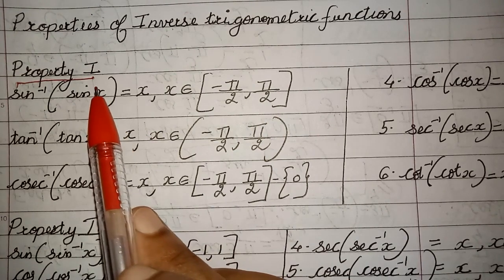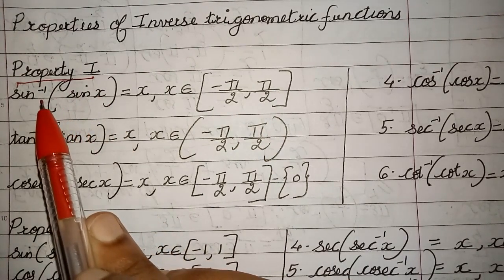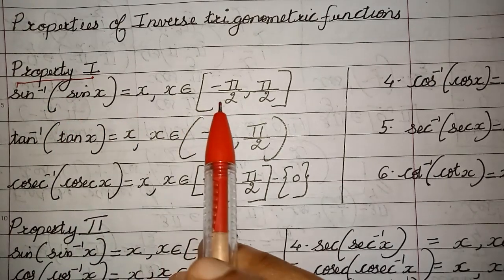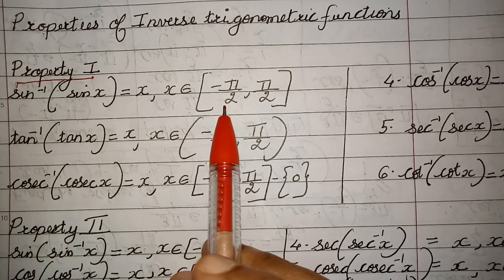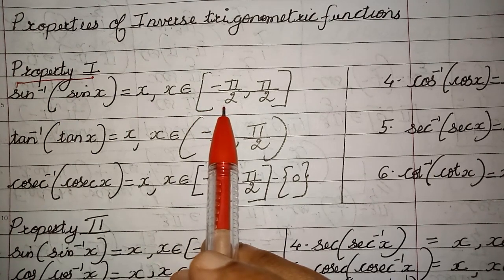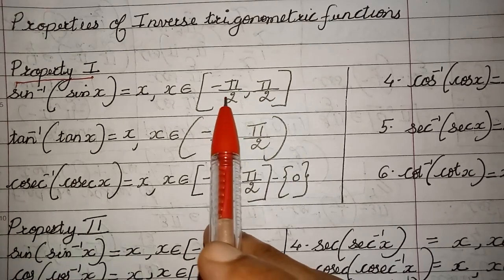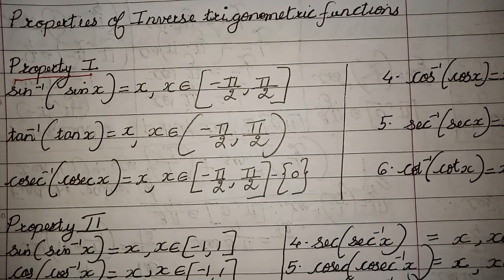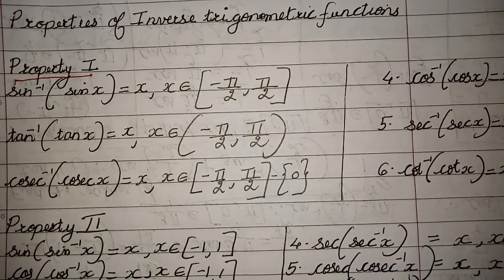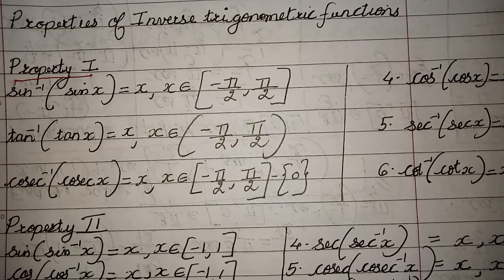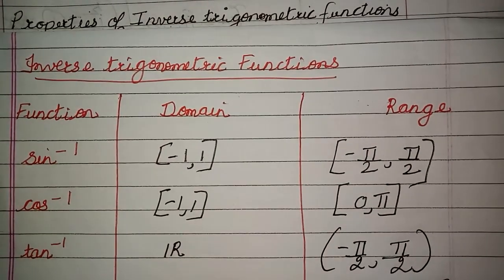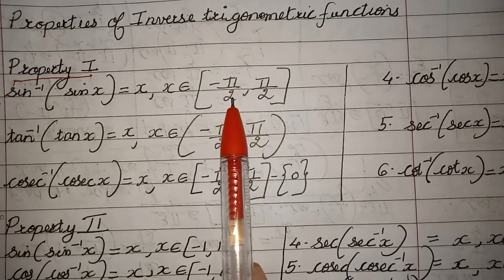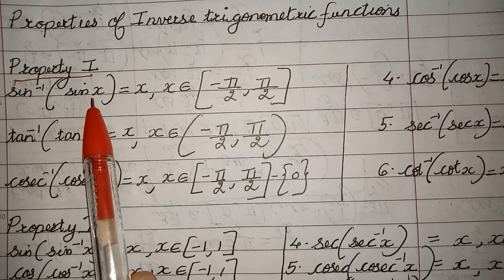Otherwise, you will not have the existence of the sine inverse function, because you know that the sine function was not injective, right? When we define the domain as the closed interval minus 1 to 1, then the range was minus pi by 2 to pi by 2, because of which sine inverse turned out to be injective and onto, so we could write sine inverse of sine of x. Just see the table here. If my range is minus pi by 2 to pi by 2, my domain is minus 1 to 1. So because my x is coming from there, sine and sine inverse can be cancelled.